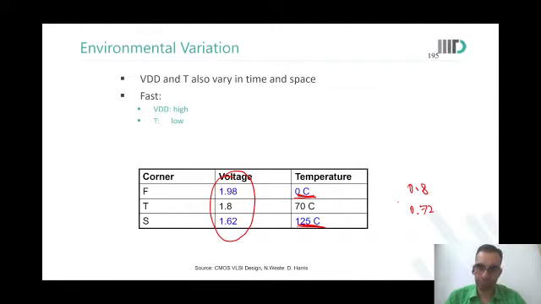Sir, can you just repeat that? Like how lower voltages can lead to better current, even though your mobility is decreasing. So higher voltage is always better current, is it not? The higher voltage is better current, but higher temperature will reduce it. So what happens at low voltages, the voltage is so low that the gate overdrive, let us say, is not sufficient. Even if the gate overdrive is sufficient, the number of carriers that you have in the conduction band to be able to conduct the current, that is not much.